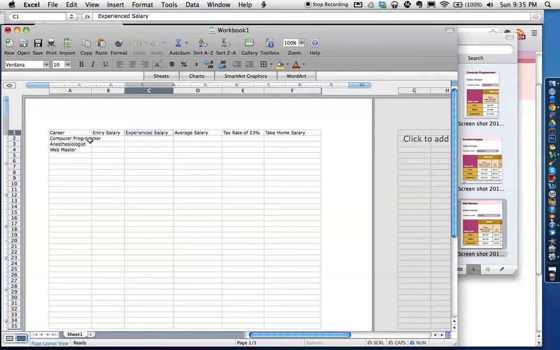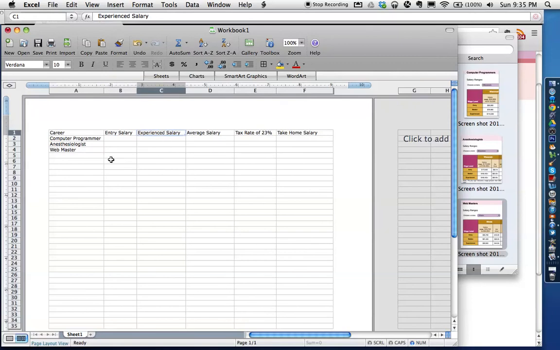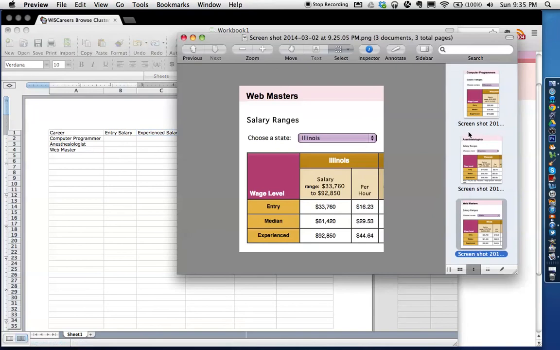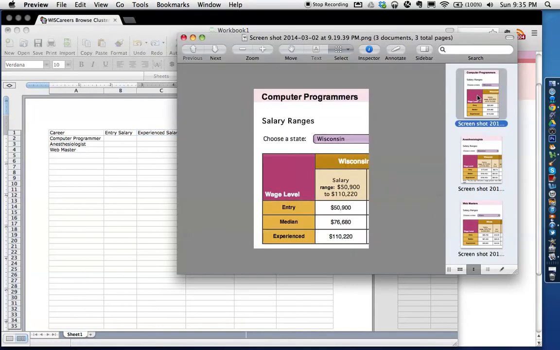Notice the word programmer is kind of overlapping column A and column B. I'm going to slide this over, and I may have to go back and do some adjusting. Nope, everything's still on the same page now, so we should be good. Now here's what I'm going to do. I'm going to go back to my first picture, and for computer programmer I'm going to put down 5900, and